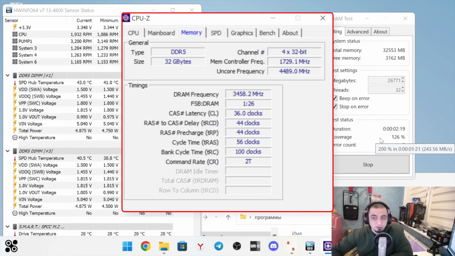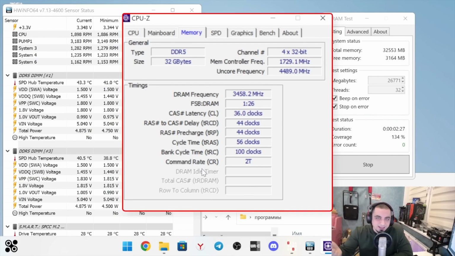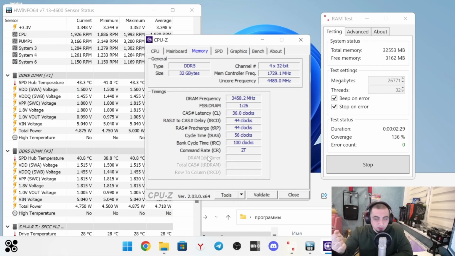If you have a blue screen at this stage, or the computer has rebooted, or there are errors in TM5, then reboot. Decrease the frequency or increase the voltages. As you can see, I have an error. If there is at least one error, then you need to stop the test and start to correct your overclock. In my case, I will not raise the voltage, but rather lower the frequency to the previous value, but it is not necessary to set